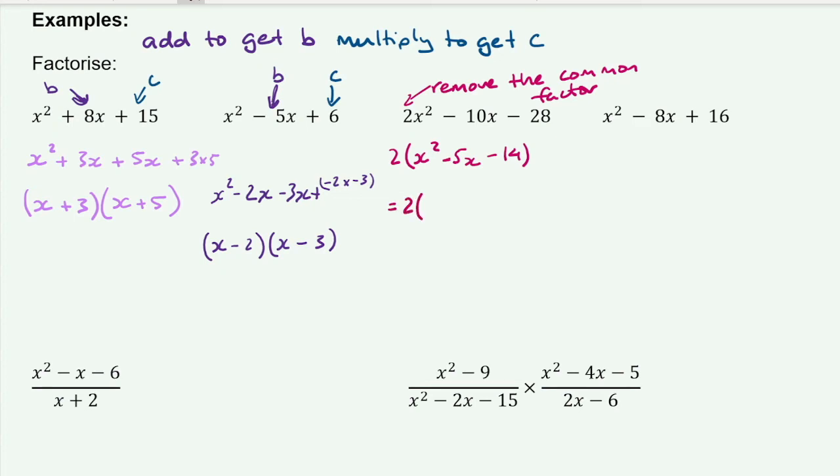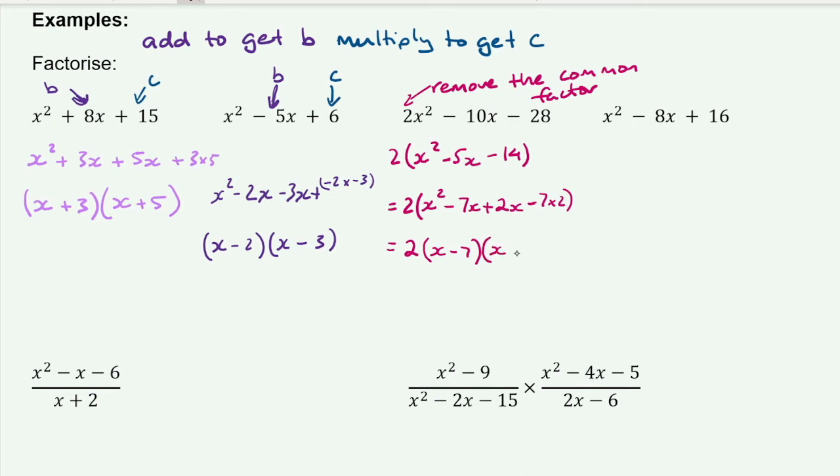Alright, so inside that bracket we've got x squared. And then we need two numbers that will add to get minus 5 and multiply to get minus 14. So my best bet is going to be minus 7x plus 2x, and then minus 7 times 2 at the very end, gives us 2 outside of x minus 7